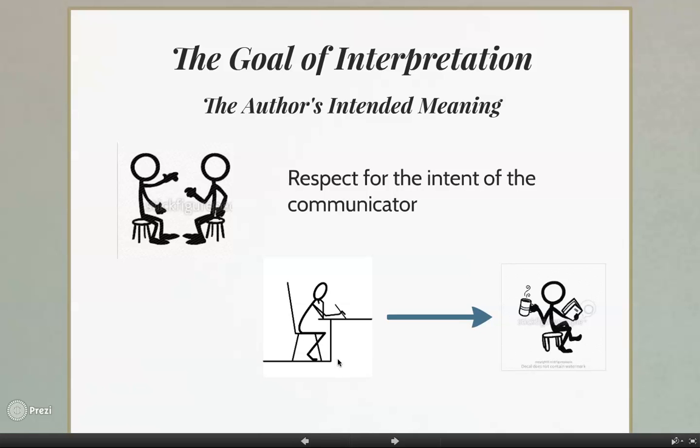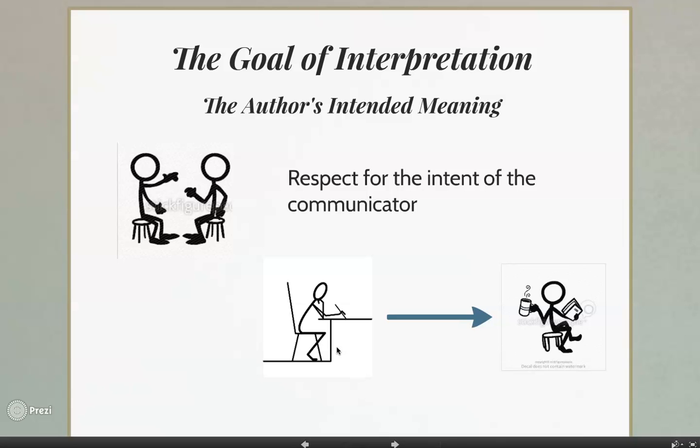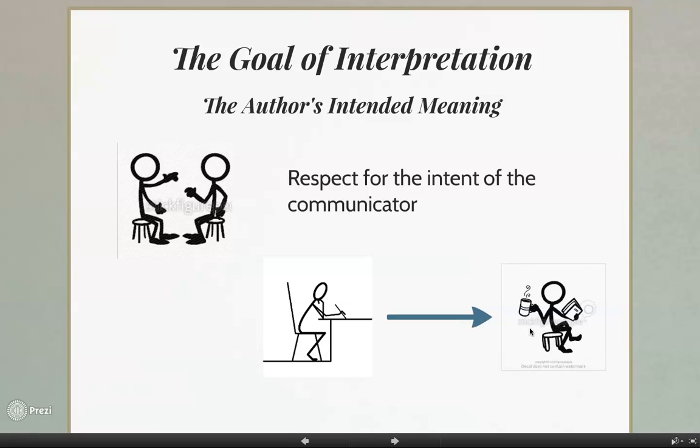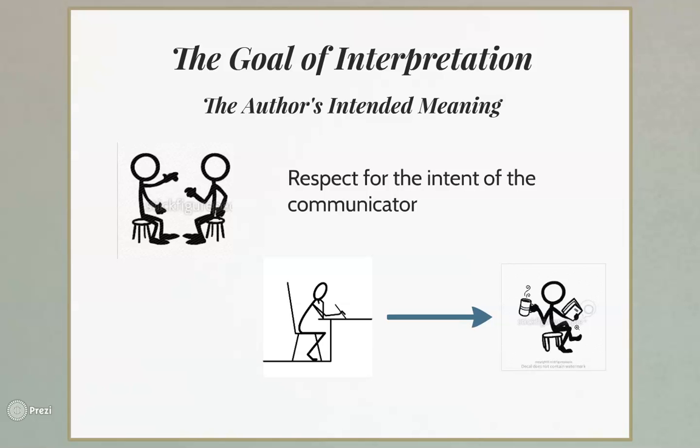That's also true if somebody writes, say, a letter or some kind of a thing. It's still a communicative event, that when that person sits down to write, they have an idea in mind about what they're trying to communicate. And so when someone comes to a point of reading that, what they're going to try to do is discern what the author is trying to say. Now, we do this in our contemporary society all the time. And there are problems, there are cultural issues, there are linguistic issues sometimes; even the best of friends can have misunderstandings in communication.